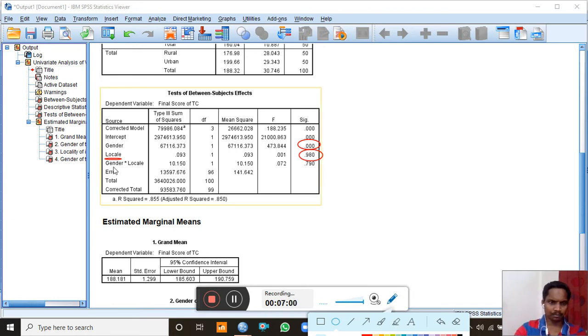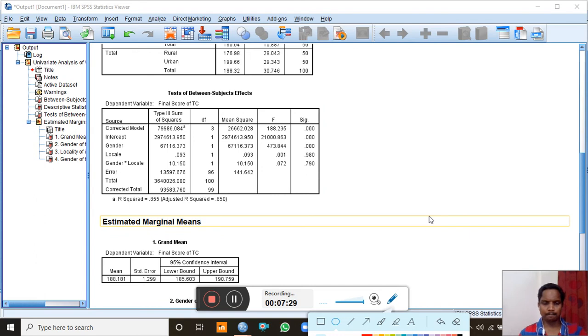Now for the interaction effect, you can see the gender and locale, how they are combinedly contributing to the teaching competency. Again it is greater than 0.05, so there is no interaction effect of both gender and locale on the teaching competency.